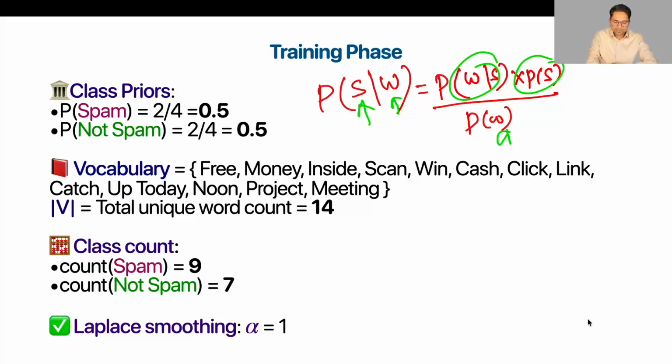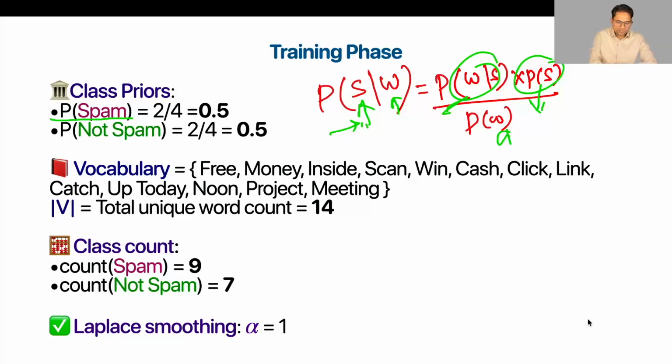So what are class priors? These are the priors, the probability of spam. This is your prior probability, this is the likelihood, and this is the posterior probability. If this is not clear, watch the first naive-Bayes algorithm video. For more probability concepts, I have discussed Bayes theorem in detail in my probability video, and I'll put the link in the description. Continue. Class priors: out of all the emails, how many are spam?